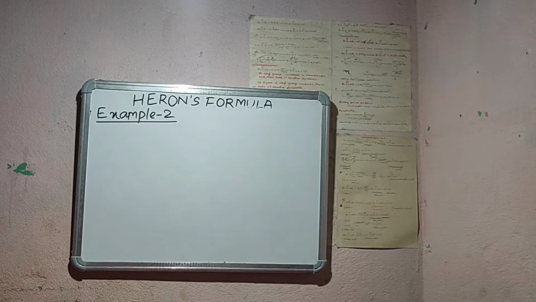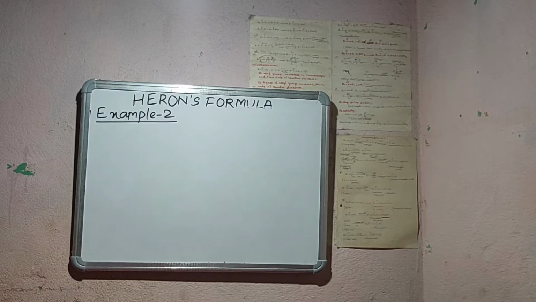So we have to find the area from this data, and the other part of the question is to find the cost of fencing it with barbed wire at the rate of 20 per meter, leaving a space 3 meter wide for a gate on one side. In this triangular park the gate is 3 meter wide. So we have to find the area and also the cost of fencing.